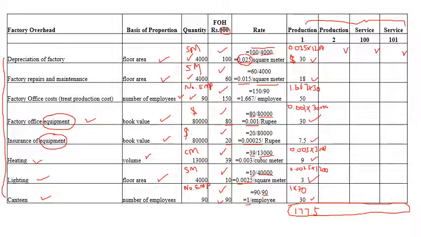Now your work would be to calculate the total FH incurred in production department 2, service department 1 and service department 2. This would be your work now, because I have already calculated the rates. If rates are calculated, you can easily calculate the FH in each department for all types of factory overheads. So I'm finishing work here. The rest you will have to calculate, and inshallah we will talk more in our online streaming lectures.